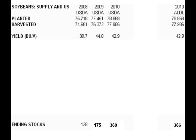As far as the beans, we're not going to have too much as extensive here. Just wanted to point out a different scenario for beans. As we all know, USDA revised these numbers down a little bit here, but they add a little bit to the new crop. Bottom line is we don't have any arguments with the USDA